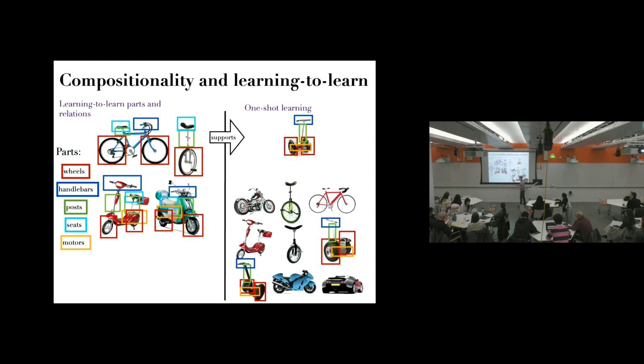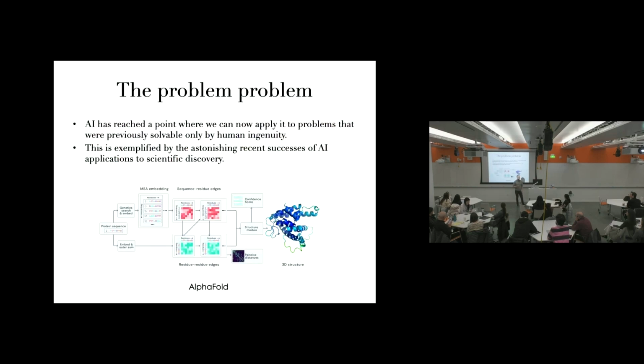And compositionality is really useful for the idea of learning to learn, where you can learn something from one set of problems and then generalize it to allow you to learn faster on a new problem. Because once you've decomposed some complex objects into their primitives and their relations, you can recompose them in new ways to learn more efficiently. Okay, so now I get to the last part, and this is maybe the juiciest part,